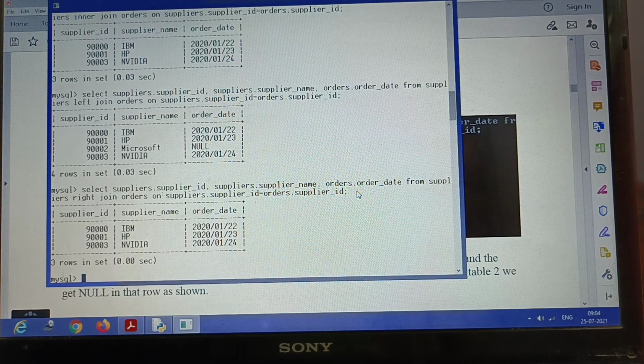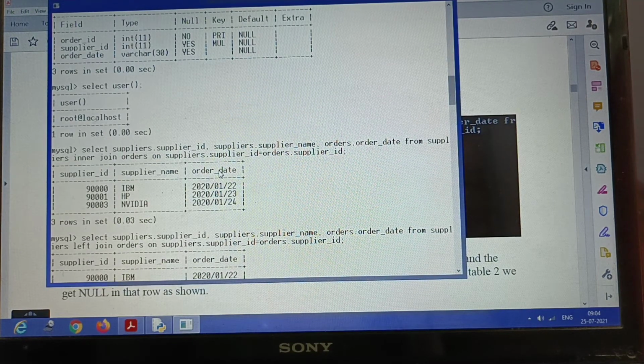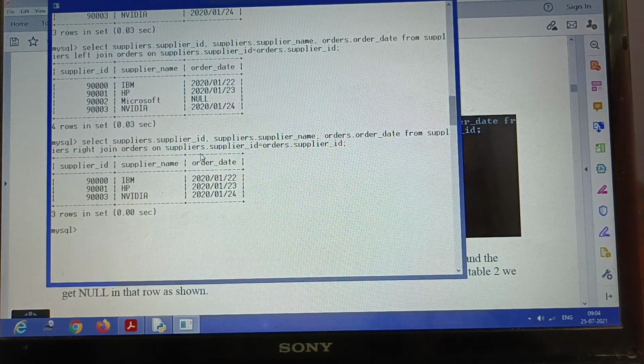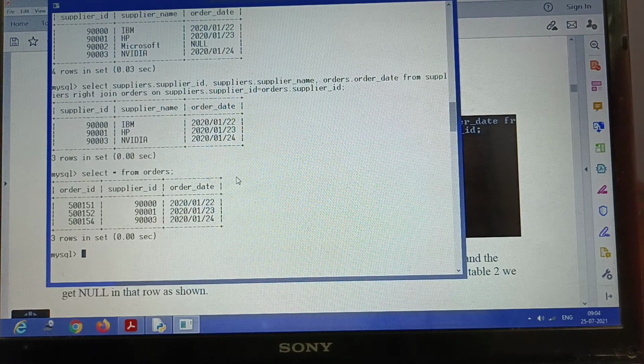Now what we can do is add some records, and we'll check how the command changes. That means how the inner join, left join, and the right join commands change, and I will see that in MySQL only. So I will have to add one record in the orders table. Let's see how many records are there in the orders table: select * from orders, we have 3 records. Deliberately I'll be adding one record and I'll be using supplier_ID as 9002, and I will give any specific date.